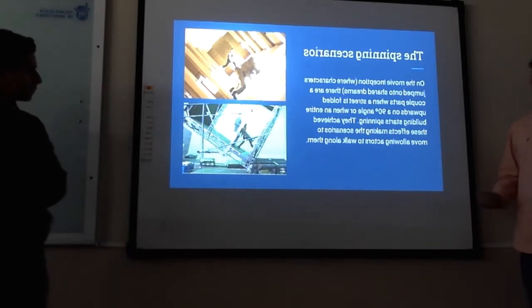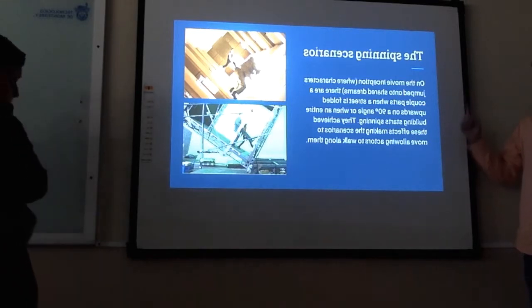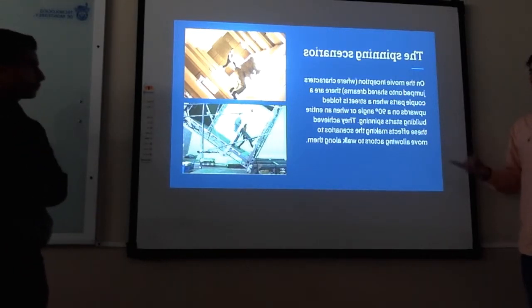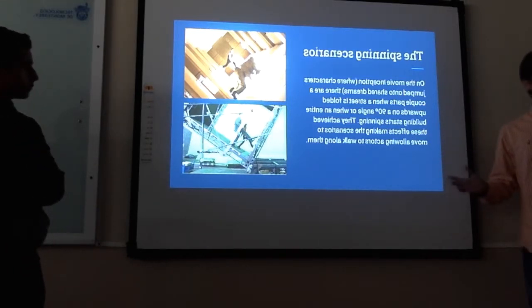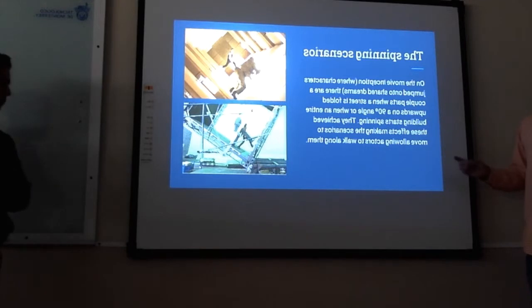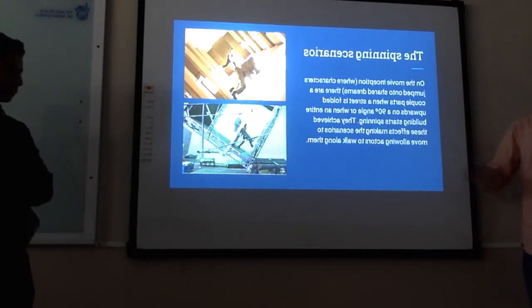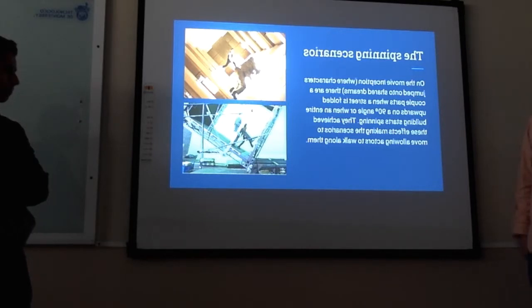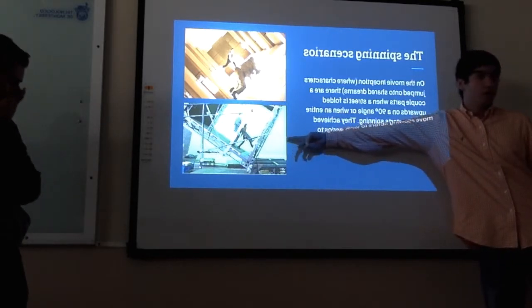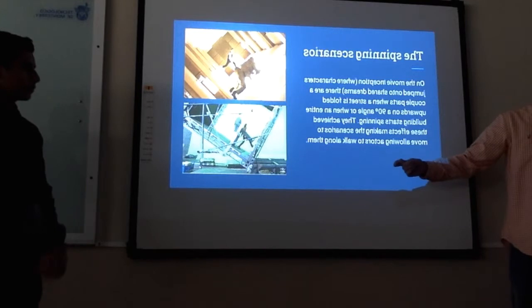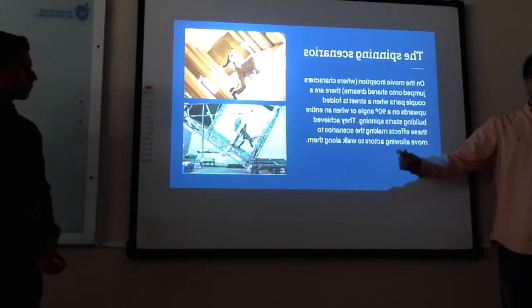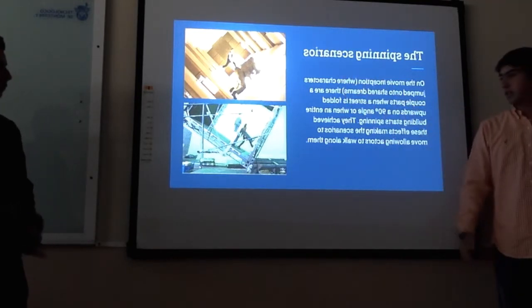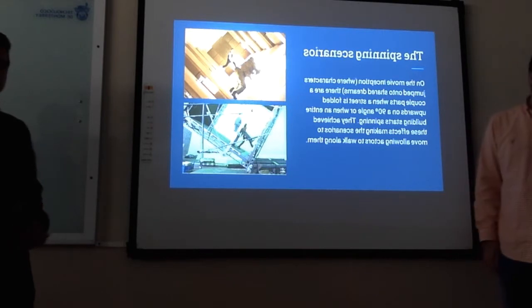One of them is seen in the movie Inception, where characters jump into shared dreams, and there are a couple of parts where things get a little crazy. In one of them, a street is folded 90 degrees and characters walk simply through it. This scene is made like shown here, and also there's a part when a whole hotel starts spinning. It's made also with the same